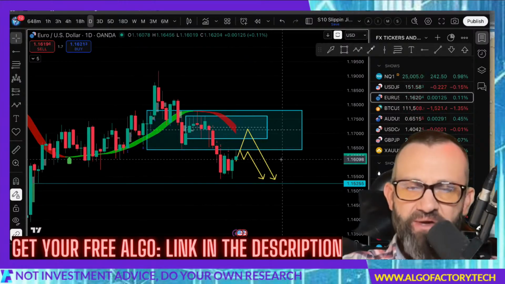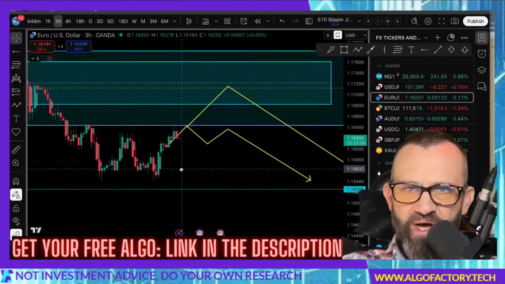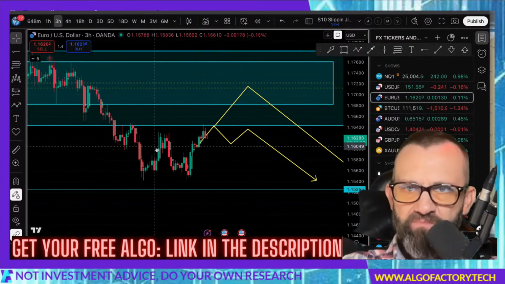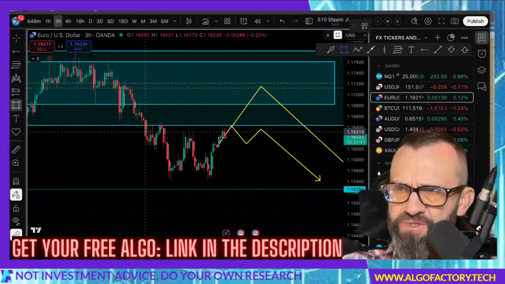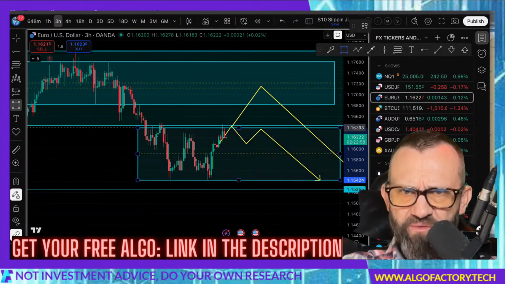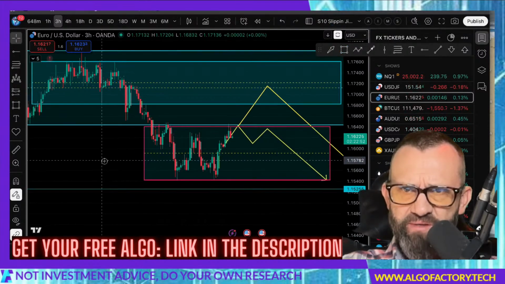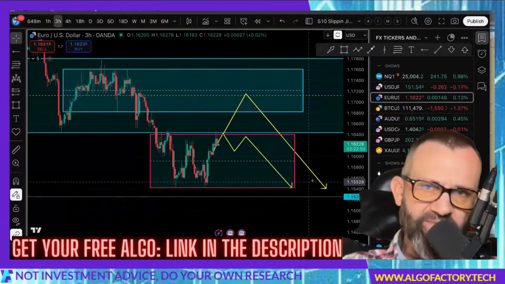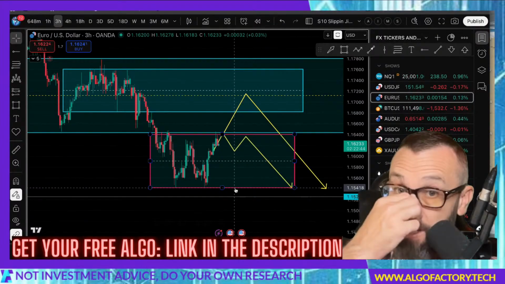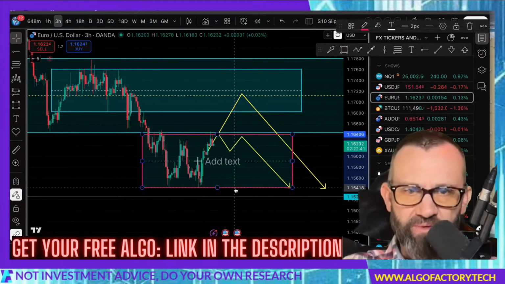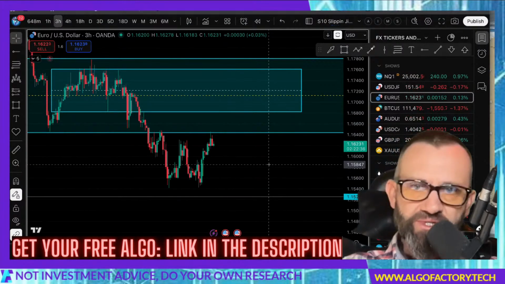So these are things that could happen. But if I go back down to a tradable time frame, say for swing trading, we also have what appears to be, or at least what could be, a range building in this area, right? So we could be seeing the euro build a range in this area that I will code that color. And we'll see if price maybe just bounces back and forth until it makes a decision, right? That also could happen. So we could be kind of stuck in a high time frame range, but this is very tradable from a swing trade or a lower time frame sort of scenario, right?